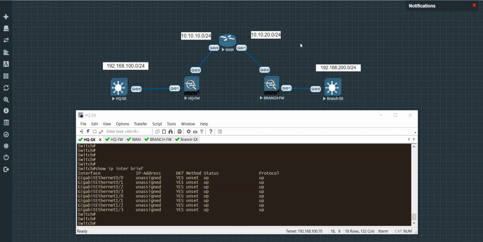Hello everyone. In this session, I would like to walk you through how to set up a lab so that we can test VPN tunnel settings between two Cisco firewalls. We're going to be using all Cisco devices,